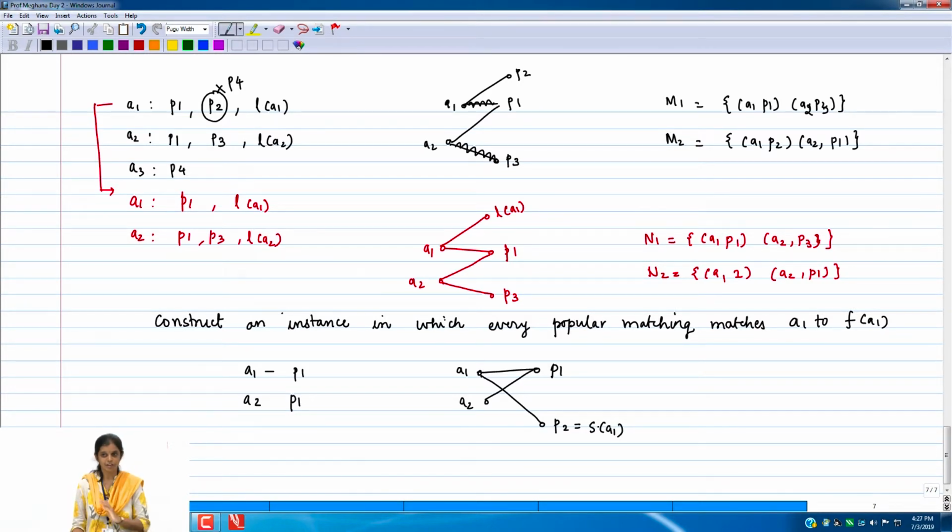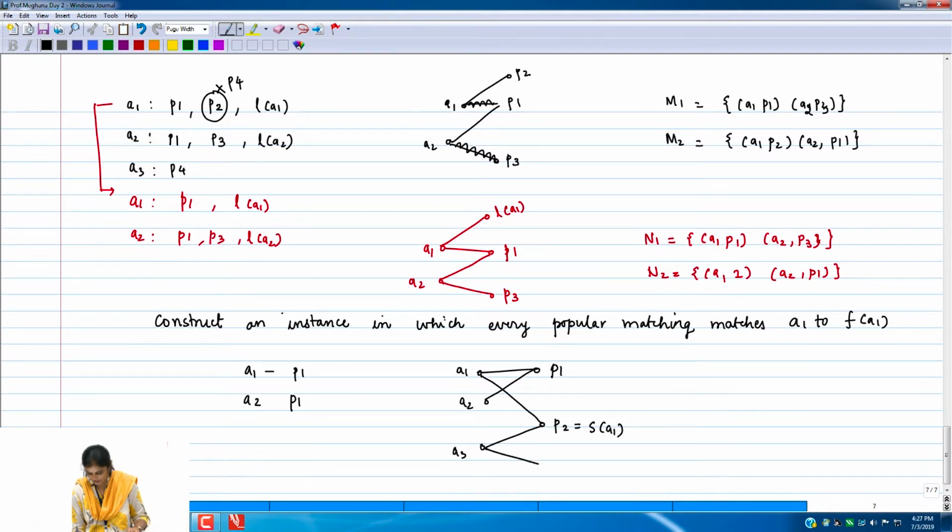No, right? So it cannot be somebody else's first choice, but it can be somebody else's second choice, right? So let's make it somebody else's second choice. If you again make it A2's second choice, then you and A2 can share it at some point, just like this happened. So let's make it A3's second choice. Okay, but what is A3's first choice? Because A3 will have a first choice.